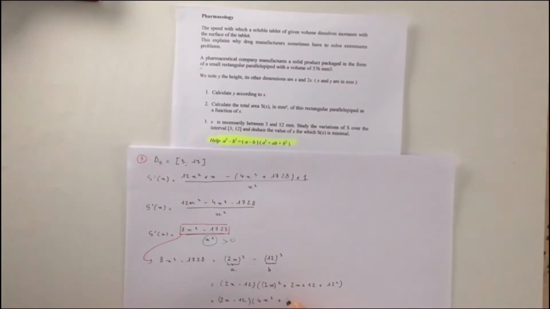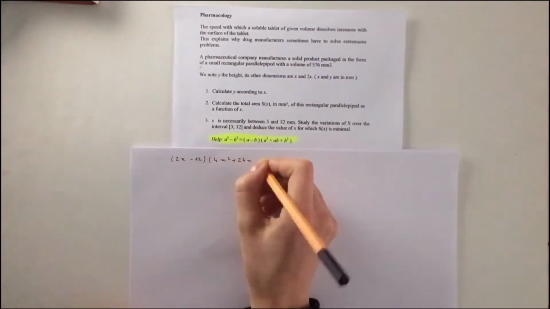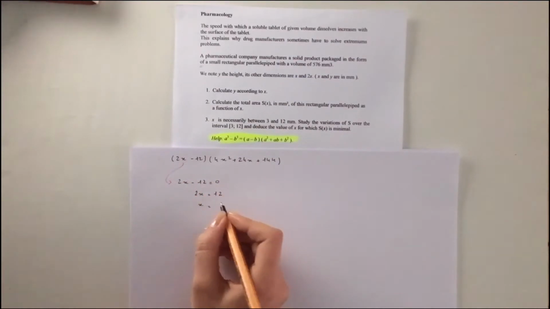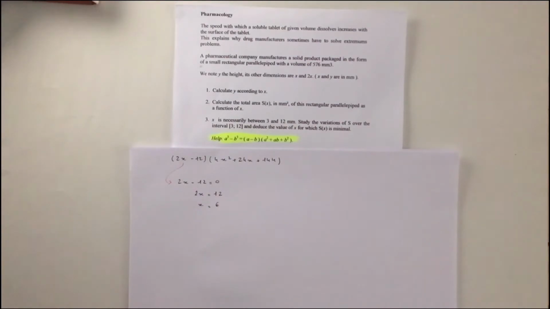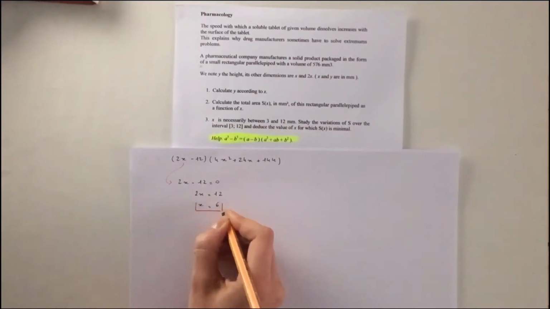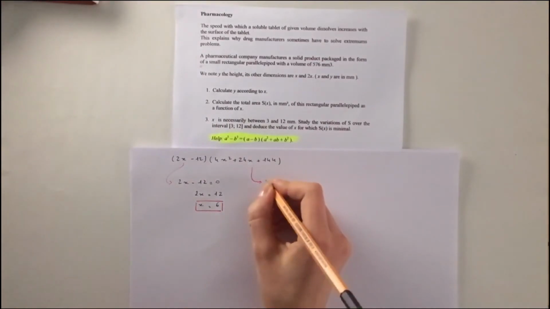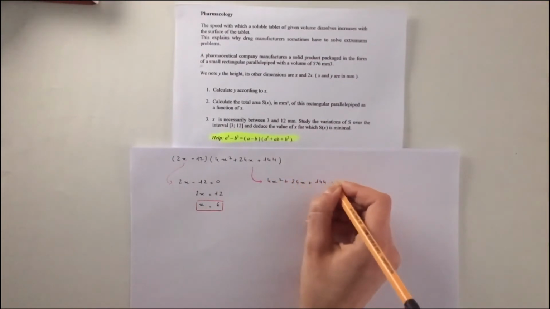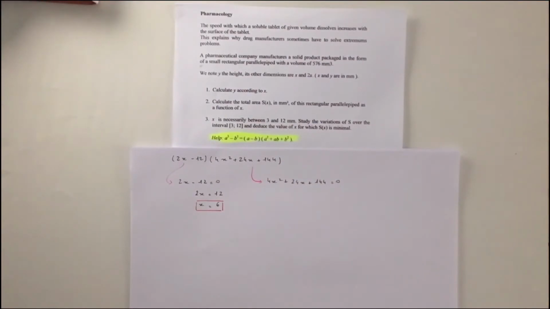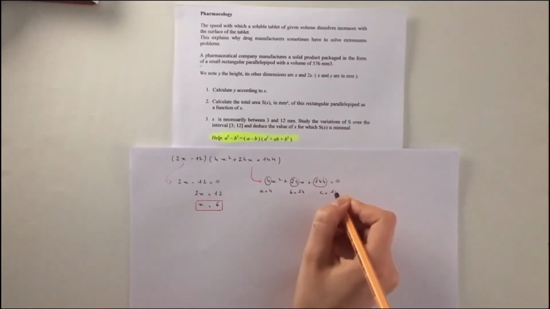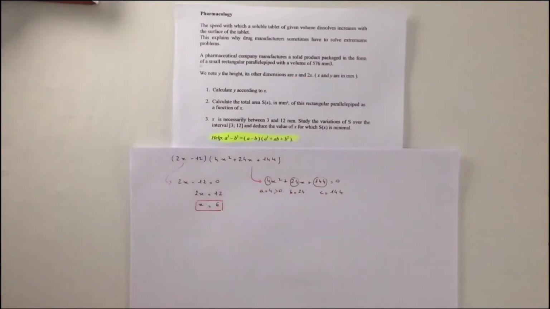We just calculate it, and we obtain two different factors. 2x minus 12, which is equal to 0 when x is equal to 6, and 4x squared plus 24x plus 144, which is equal to 0. So this is a quadratic where a is equal to 4, b is equal to 24 and c is equal to 144. So we can now calculate the discriminant,